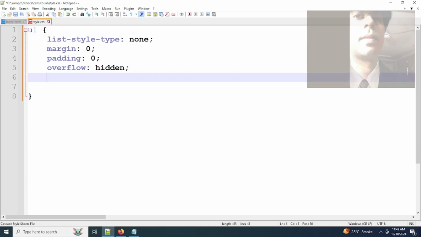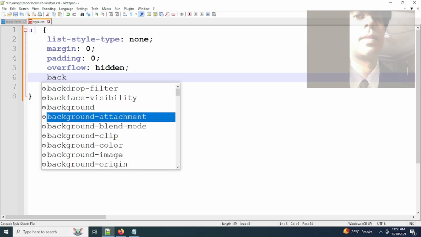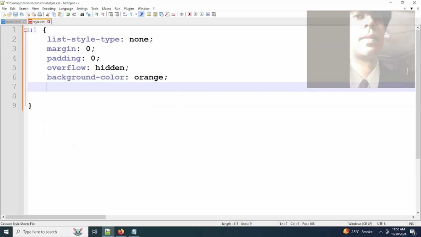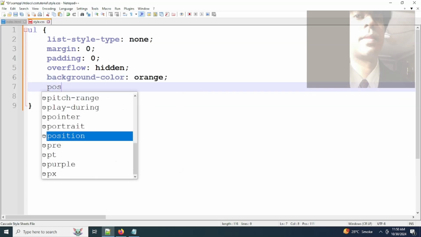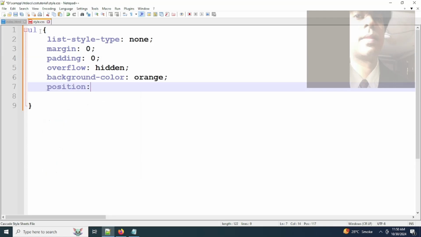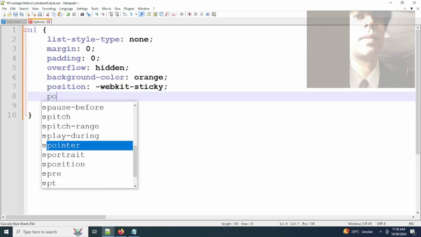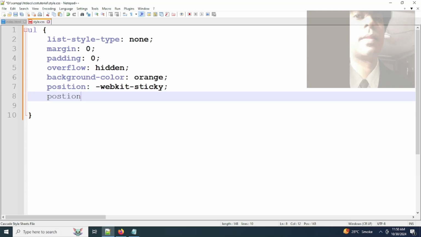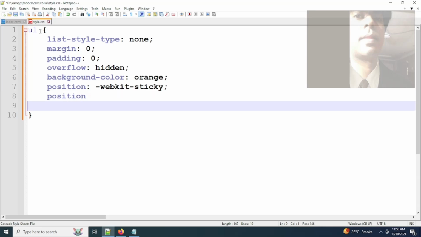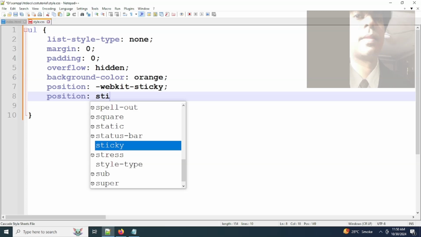underneath overflow we will use background color colon. Underneath we will use position colon hyphen webkit hyphen sticky for Safari semicolon. Underneath position colon sticky